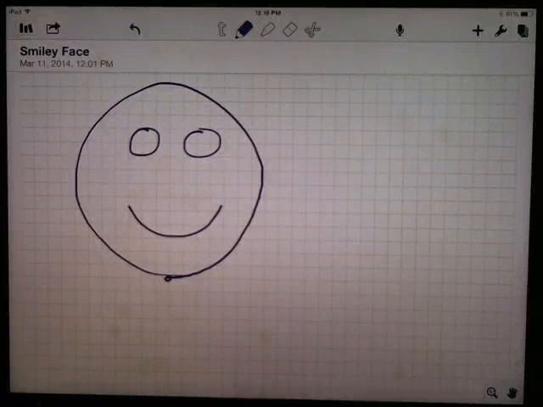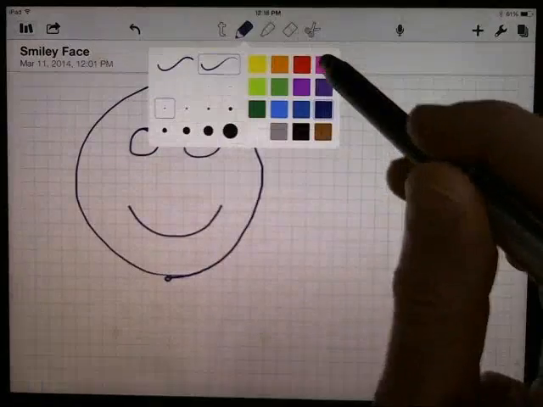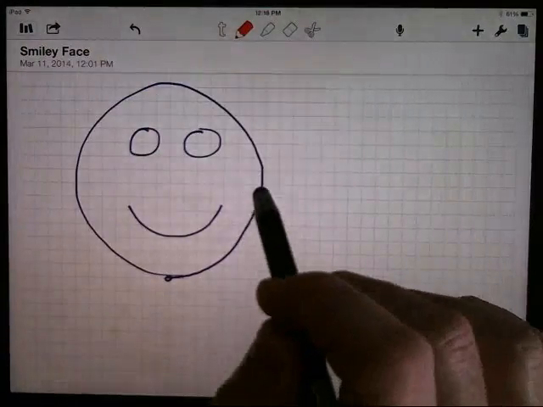All right, I want to use parametric equations to draw a smiley face. So first I've just drawn my smiley face, and then I got to put it on a coordinate system. So I'm gonna